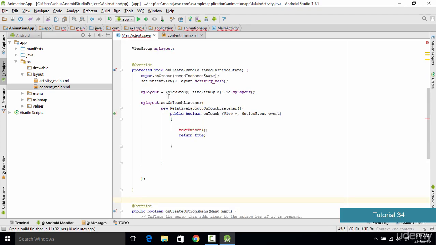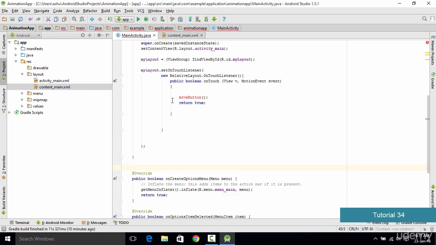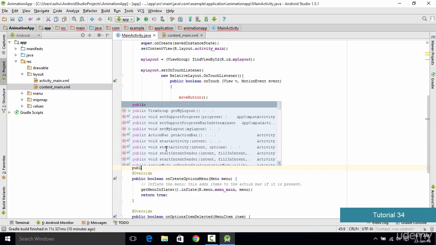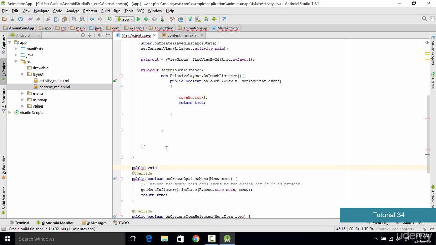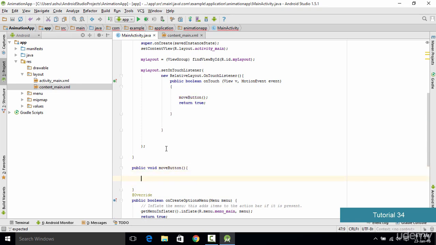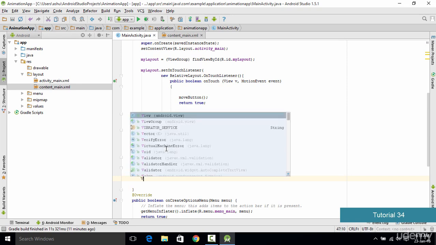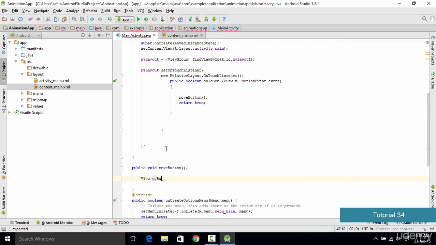Now once this is done, we move out of this and we create the method which we have called over here. So we type public void, as this is not going to return us anything. Then we type in the method name, which is moveButton, and then we define the code inside this method. So the first thing which we'll need to do is have the reference to the button. So we type View myButton